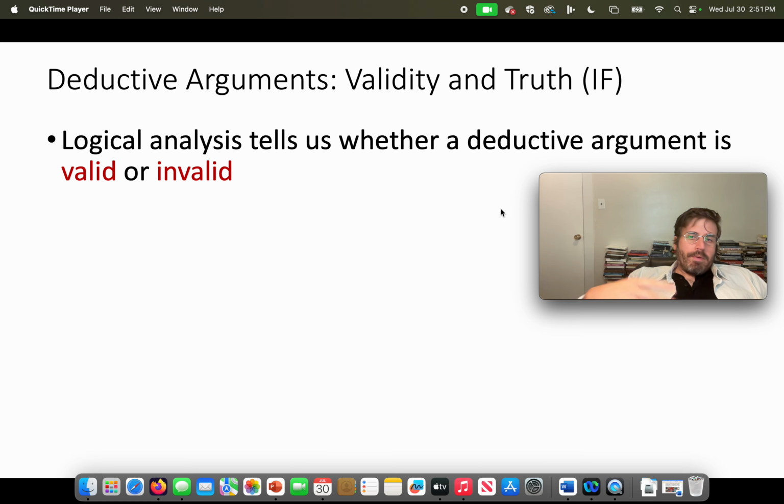Now, you maybe have encountered this word valid before, or invalid, and you might have a common sense understanding of the meaning of that term. It might mean that this argument doesn't really work for you, or it's not very persuasive. And those things are true of the concept, but validity has a more precise technical definition in the context of